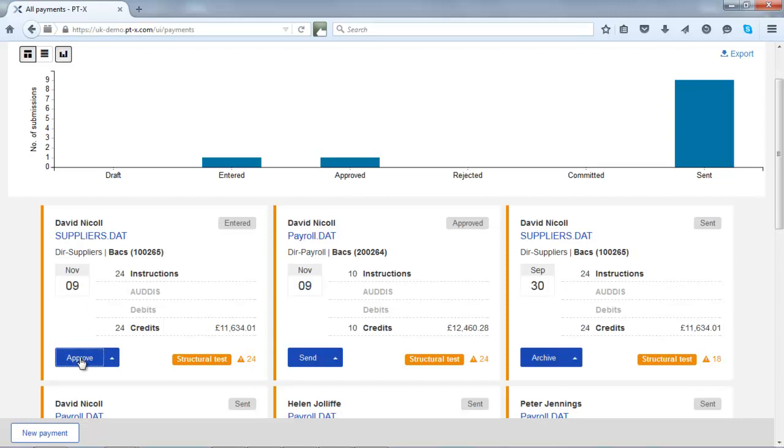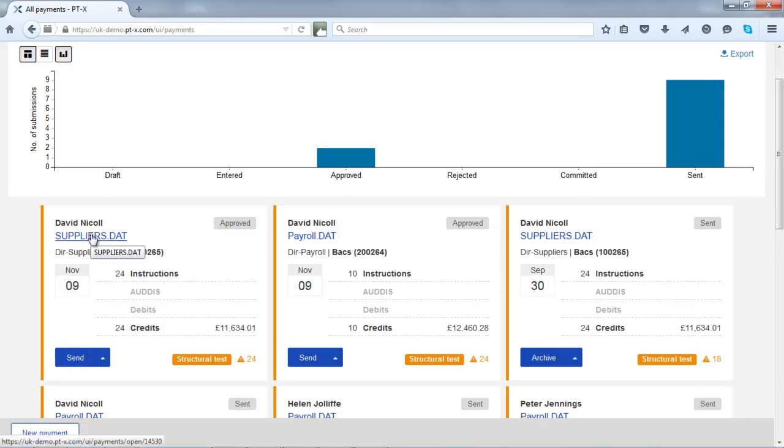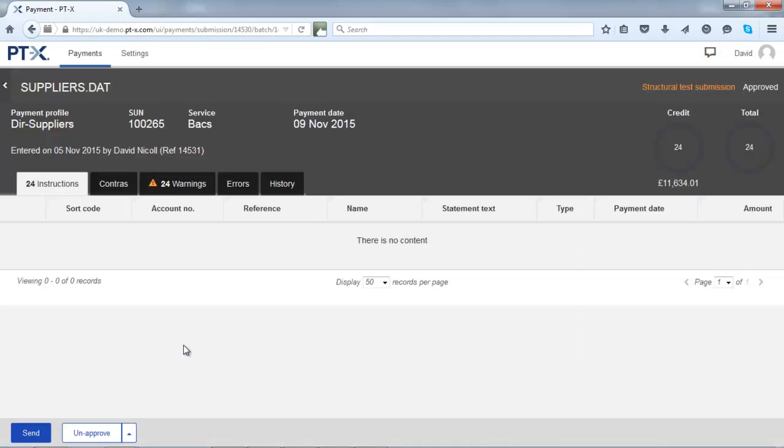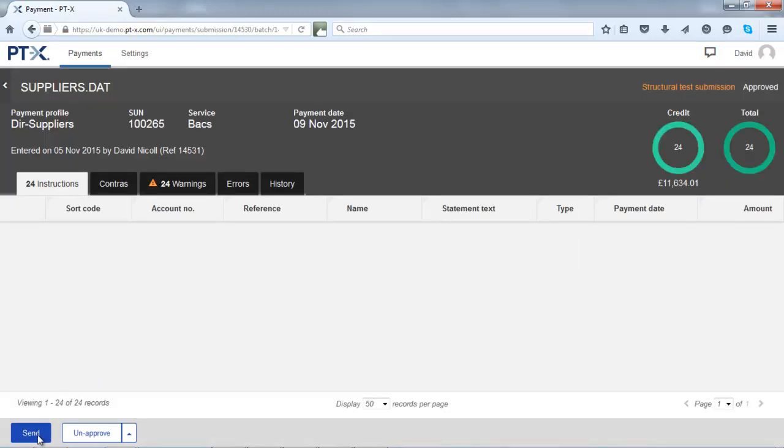I'm just going to go ahead and approve that. The HSM use doesn't affect the approval step at all. That's still exactly the same as before. But now if we drill down into our batch and go on to the send step, we'll see where the HSM makes a difference. So I'm going to go ahead and click send,